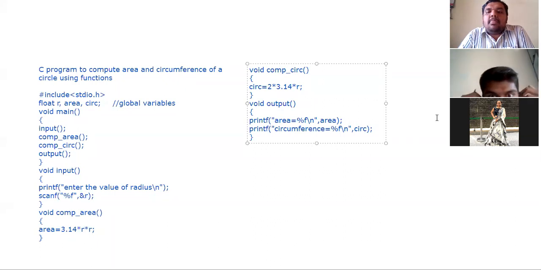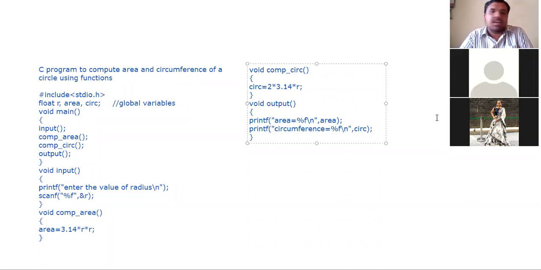Sir, here why haven't they used float output? See, like you use void output. If you want to take float input, float compute area, float compute circumference, you are most welcome.